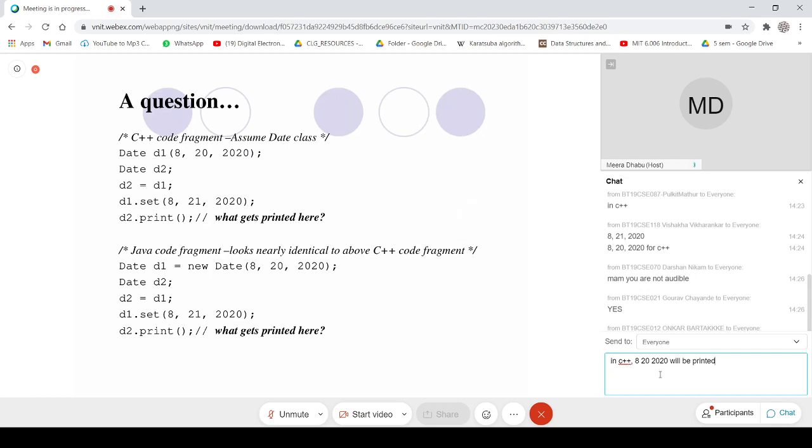See, in C and C++, if you are creating any variable or user defined data type like an object, it will be created on the stack. We just now have seen that there are two types of memory.